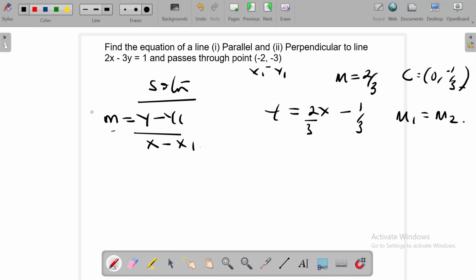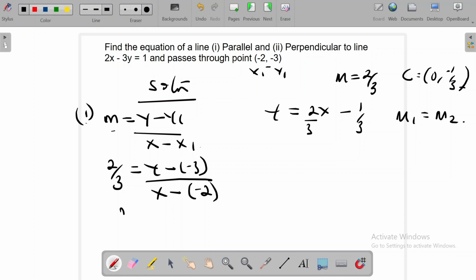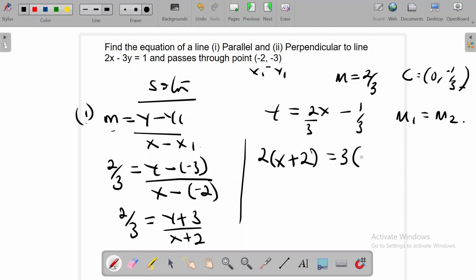If it is parallel, which is for the first instance, it means the slope still remains 2 over 3. So I would simply say 2 over 3 is equal to y minus, what is my y1 in this case? That is negative 3. What is my x1? That is negative 2. This becomes 2 over 3 is equal to y plus 3 over x plus 2. And this gives me